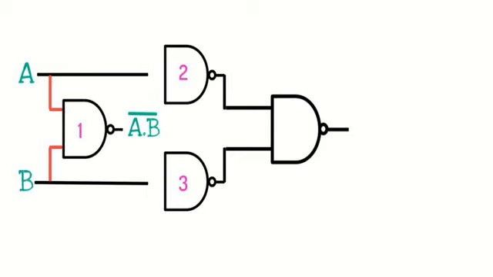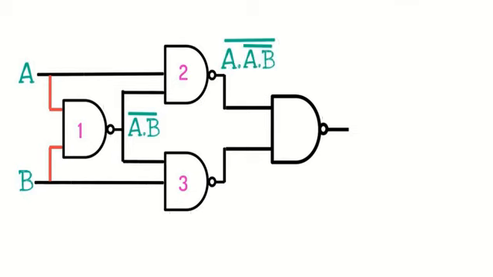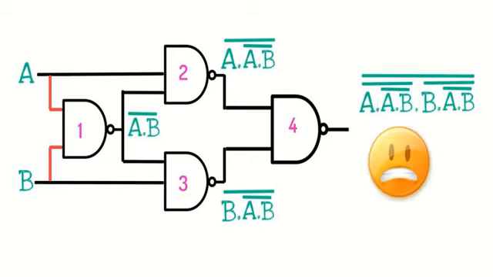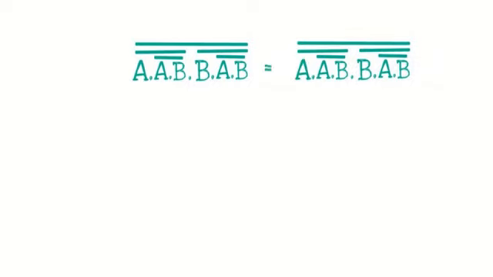But gate 2 and 3 have only one input. So we make them two inputs. So single inputs are A and B, and we will connect another input from the first NAND gate, that is A dot B. So what will be the output of gate 2? A dot (A dot B) complement, and complement of the whole term. In the same way, for output of gate 3, B dot (A dot B) complement, complement. So what is the output? This is the big output.